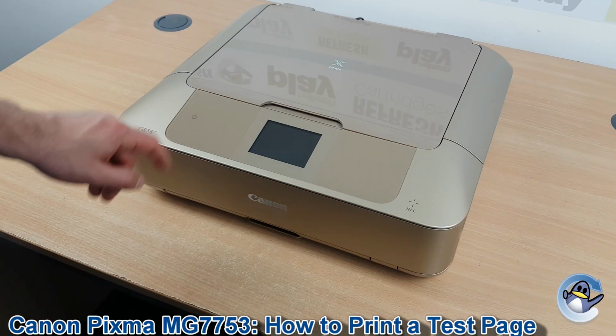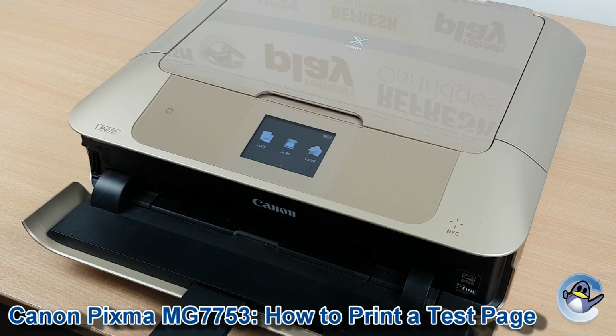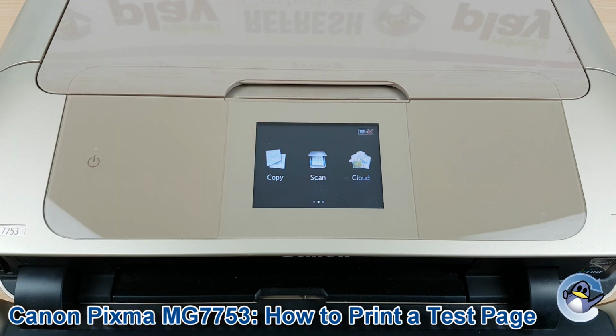Hi there, today I'm going to show you how to do a nozzle check, which is like a test page, on a Canon Pixma MG7753. Now this is nice and simple, done from the printer itself, using nothing but the control panel you can